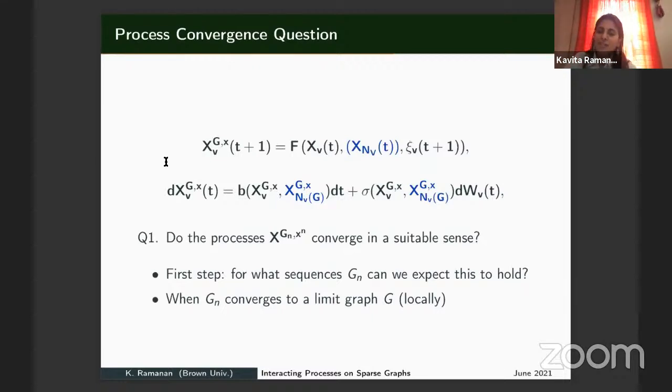But the point here is that we really want to understand what happens when you have limiting dynamics that do depend on the topology of the graph, the geometric structure of the graph. These mean field and dense limits are topology independent limits. But you can have dynamics that are going to depend on the topology, like in this first case.